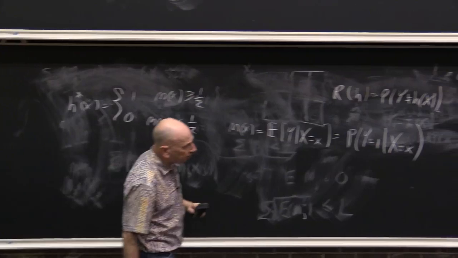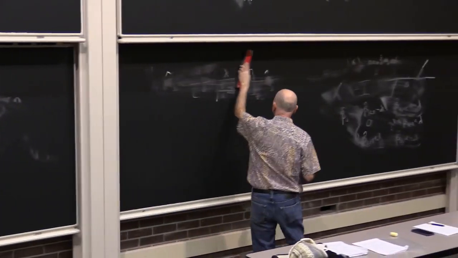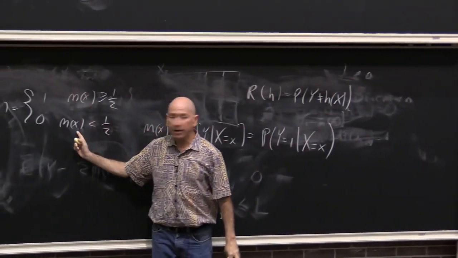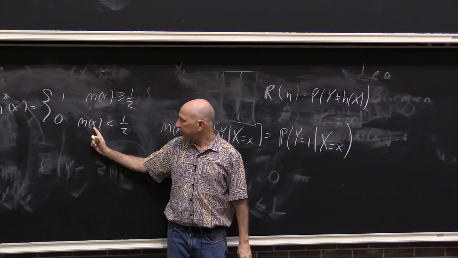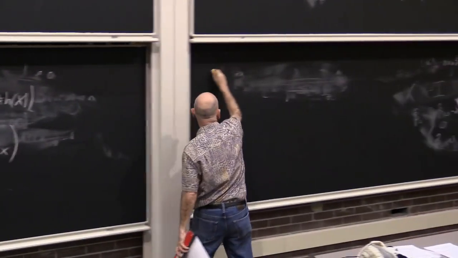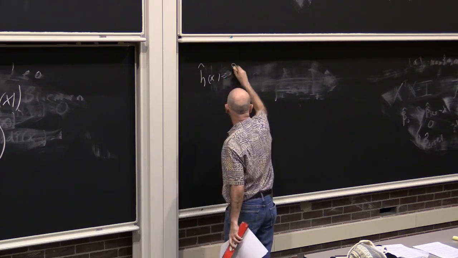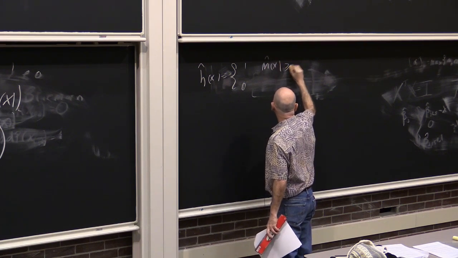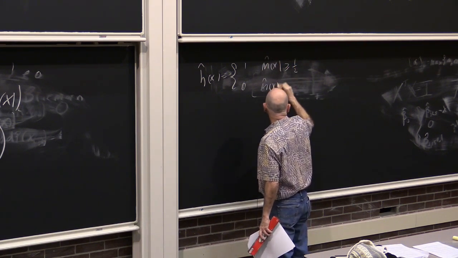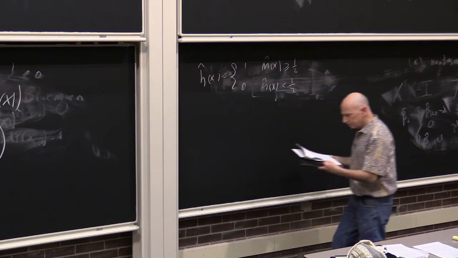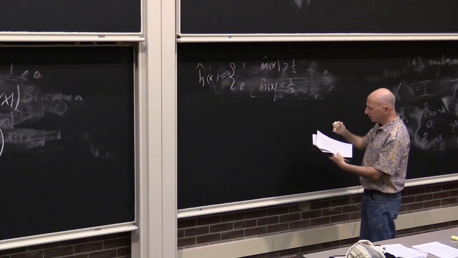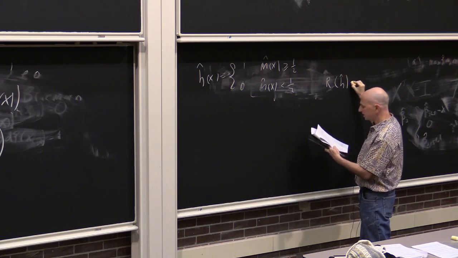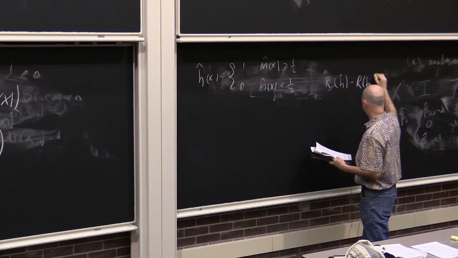I can always form what's called a plug-in classifier, which is to first estimate m. So we could take any regression estimator we want now that we've learned and put it in here. And that would give us a classifier. That's called a plug-in classifier. And on page 5, here's a theorem we did in 705. And if you've forgotten it, I put the proof again, which just says that the prediction risk of the plug-in classifier minus the risk of the Bayes classifier